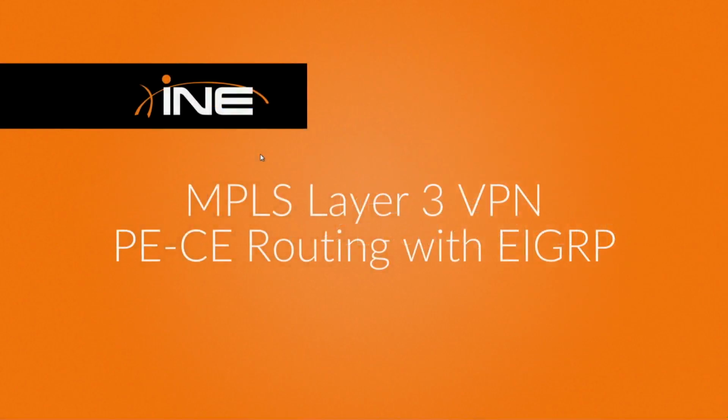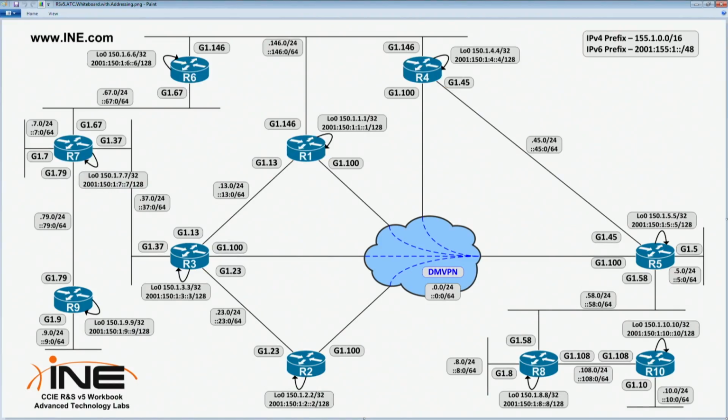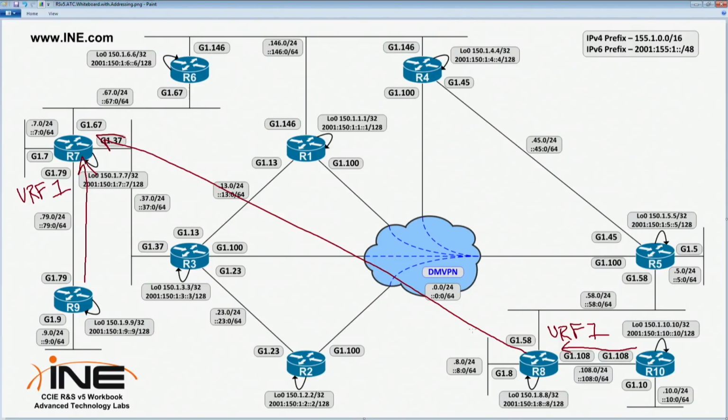Now, in our very first example with this, we're going to look at a singly attached customer. Same as we were looking in the previous example, where we have router 9 attached to router 7, which has this configured currently as VRF1, and we have router 10 attached to router 8. Router 8 likewise has this attached as VRF1, and then we're doing our VPNv4 BGP peering between the loopbacks of 7 and 8, and then we also have IGP plus LDP in the core in order to complete the